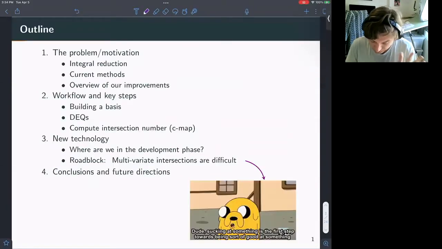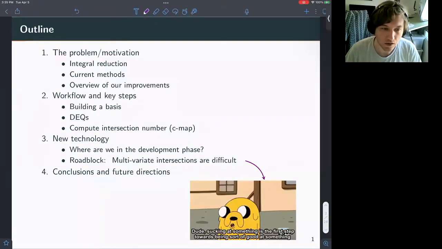So the outline of the talk is usual motivation, what kind of problem we're going to tackle, which is integral reduction, discuss a little bit of the traditional or current practices on how people do this, and then I'll give an overview of our improvements. I'll take you through the workflow of our algorithm, expand a little bit on some of the key steps, which include building a basis, finding the differential equation satisfied by this basis, and then using something called the intersection number to compute